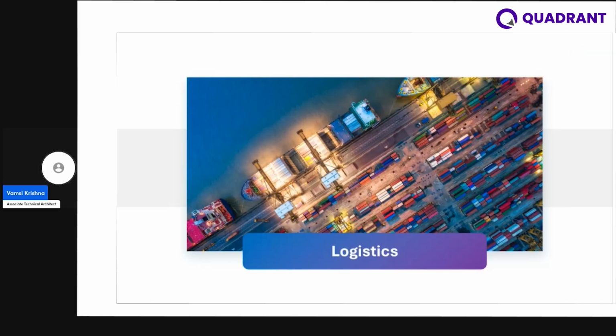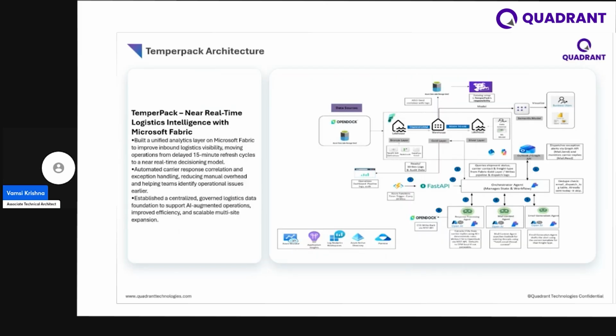So coming to the logistics industry, right? This is where we have done fleet management. The customer has fleet management, with everything coming as data from the open doc, and from the open doc we are pushing the data into ADLS Gen 2. From ADLS Gen 2, we are consuming all this data into Fabric, and we have implemented the medallion